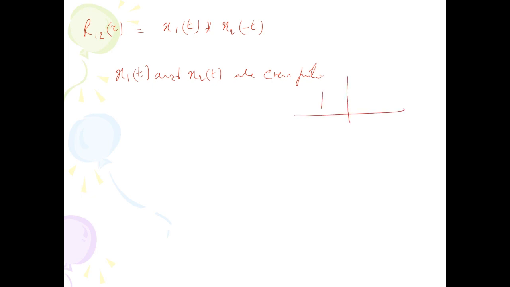So this is 1, minus 1, this is x of tau. So the second signal will be 1, minus 1, and this is x1 and this is x2, this is x2 of tau. When you take the reverse also, because this value will not change, you will find,